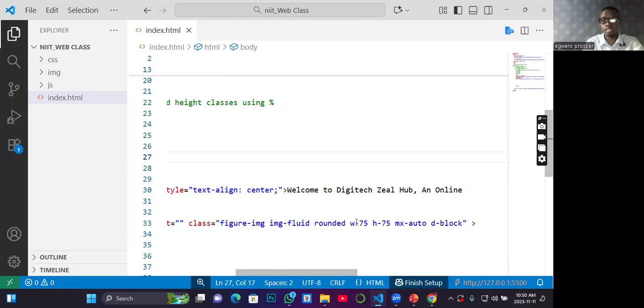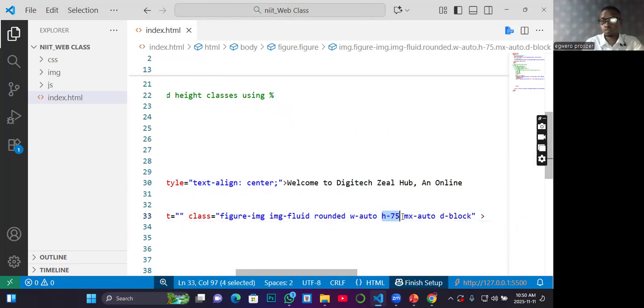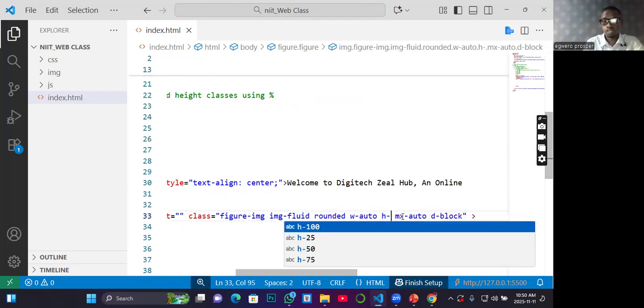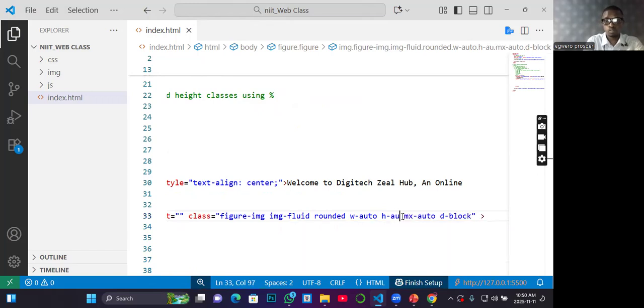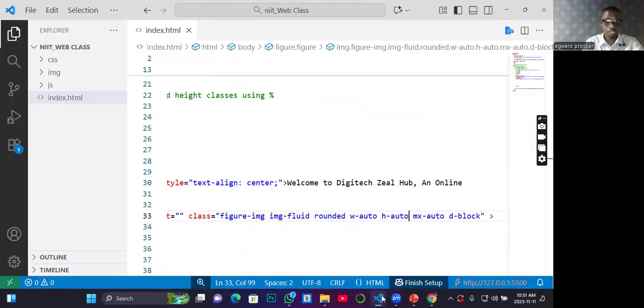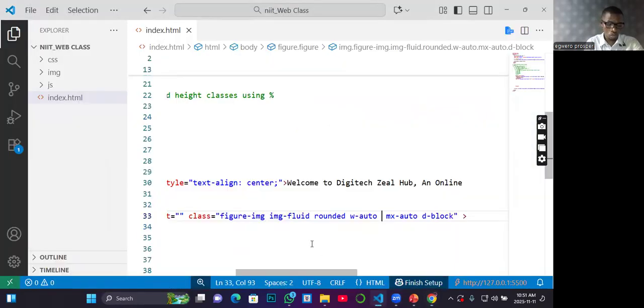So which means that if I want it to be auto, all I need to do is go to where I initially set the width, W hyphen auto. Then I can say the height should also be H hyphen auto. If I go there now, see that the browser will calculate it by itself. Any question? So the next one is